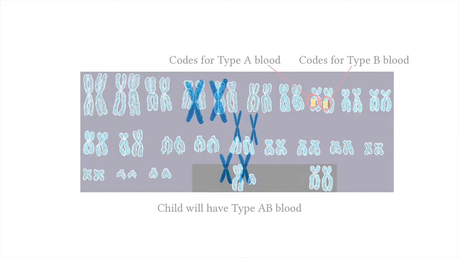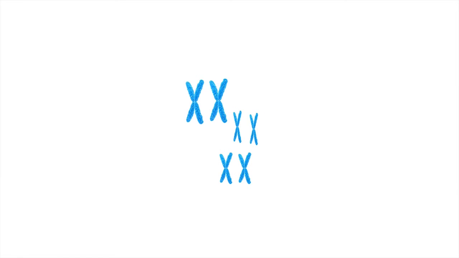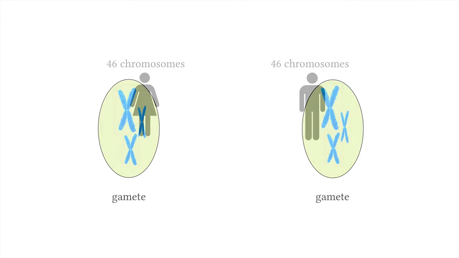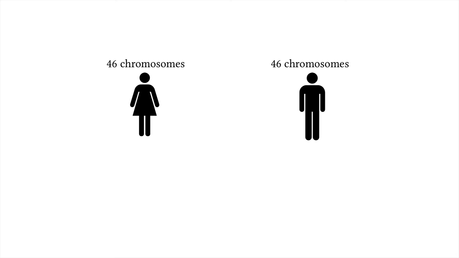Well, meiosis is the process of splitting up the homologous pairs in order to create cells with only one chromosome from each pair within it. These cells are called gametes, and they are haploid cells because they only have half the amount of DNA. That means that each of these cells has one allele for every gene on the autosomal chromosomes. Meiosis creates a consistency of chromosome number from one generation to the other. If each parent contributes one homologous chromosome from each pair, then the resulting offspring will have 23 pairs of chromosomes,